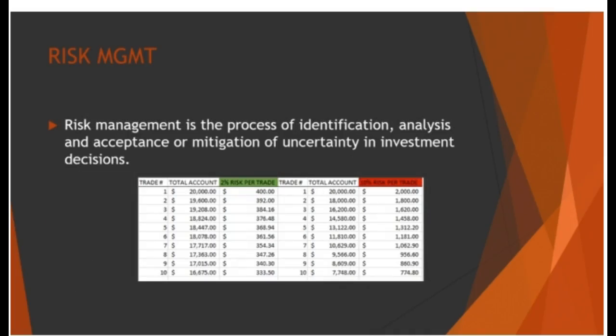Risk management, in a definition sense, is the process of identification, analysis, and acceptance or mitigation of uncertainty in investment decisions. How I refer to that when people ask what it means is, obviously, you're just trying to not lose money, or as much money, when you lose a trade, and you're trying to handle your risk. But my example for it is, if you have a test coming up in school, whether you're in school now, or if you can remember back to when you were in school,